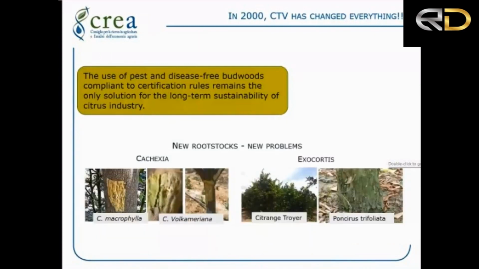However, in 2000, the illegal introduction of propagative material infected with viruses and viroids has created many problems. First of all, the introduction of Citrus tristeza virus has nullified much of the work done for the genetic and sanitary selection of propagation material. And in the early 2000s, the first outbreaks caused many damages in the country, due to the prevalent